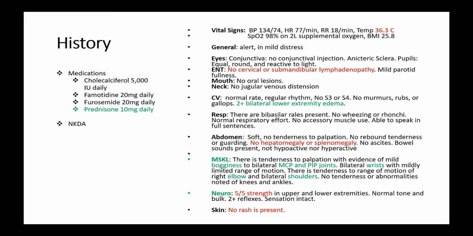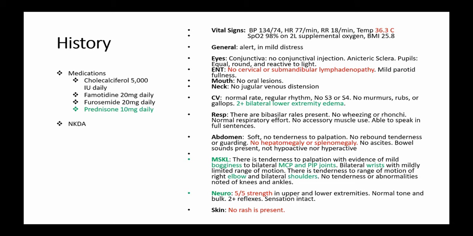Moving into her vital signs, stable, she's afebrile. This would be a point if her vital signs were not stable. We would do a lot less talking and thinking and start acting, right? Would she need fluids? Would she need antibiotics, stress dose steroids? Would she need a proceduralist or a consultant urgently? But luckily her vitals are stable, so we do have time.